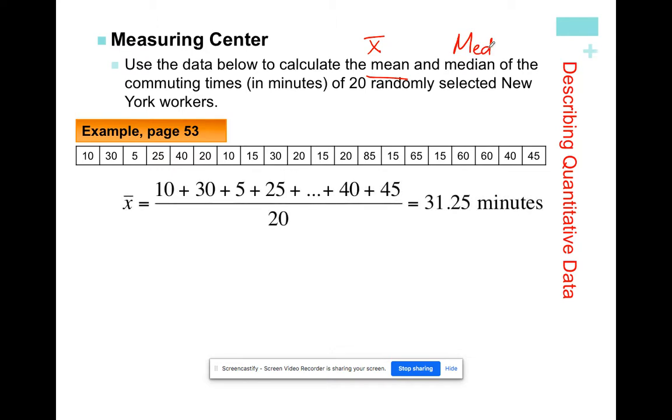So for the average, we're just going to add them all up and divide by 20. If you're going to do this in the calculator, you do want to be careful and put parentheses around that sum or find the sum first and then divide by 20, because if you don't use those parentheses, then it's only going to take the 45 divided by 20. So you're going to get something much larger than the true average. So our average here is 31.25 minutes,